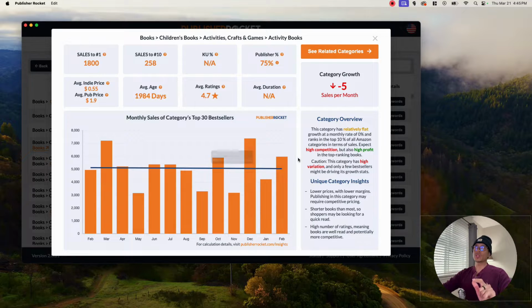So for example, this one has a relatively flat growth and then expect high competition, but it also has a high profit in the top ranking books. And then caution, this category has high variation and only a few bestsellers might be driving its growth and stats. So this is a little bit of insight into this category, into the books in this category, and it might help you stay away from a certain type of book,